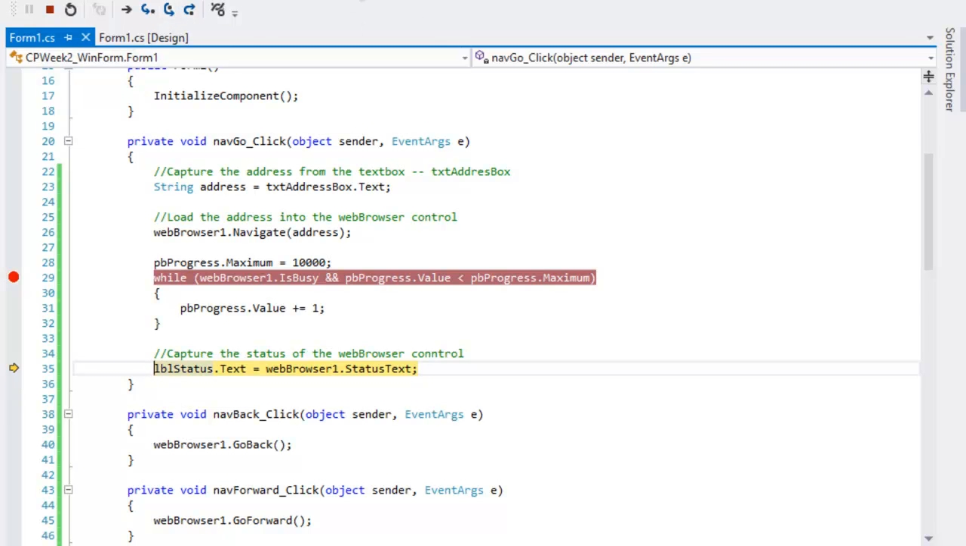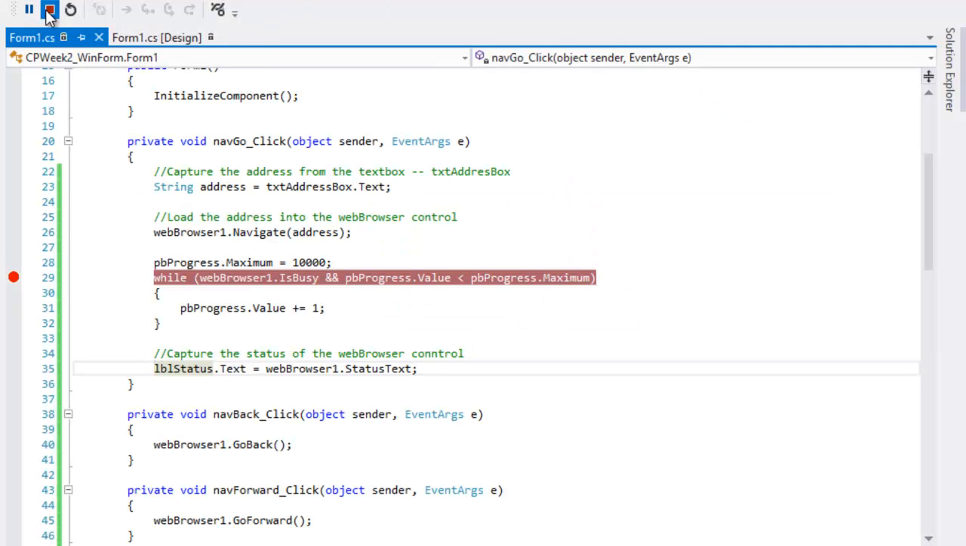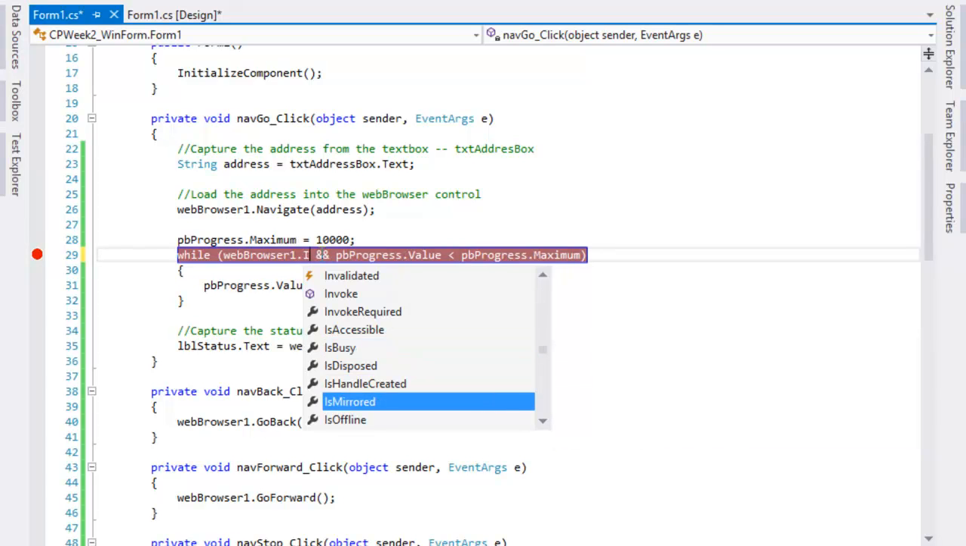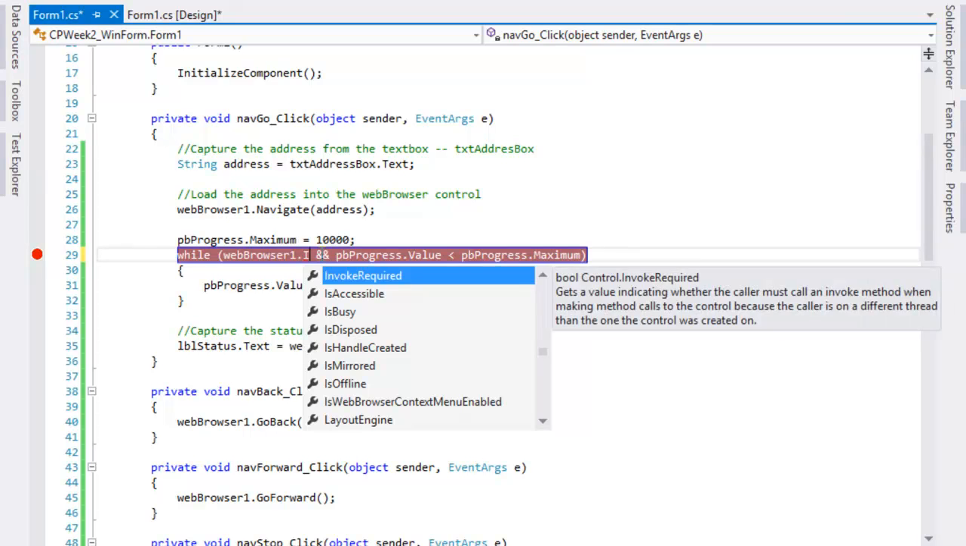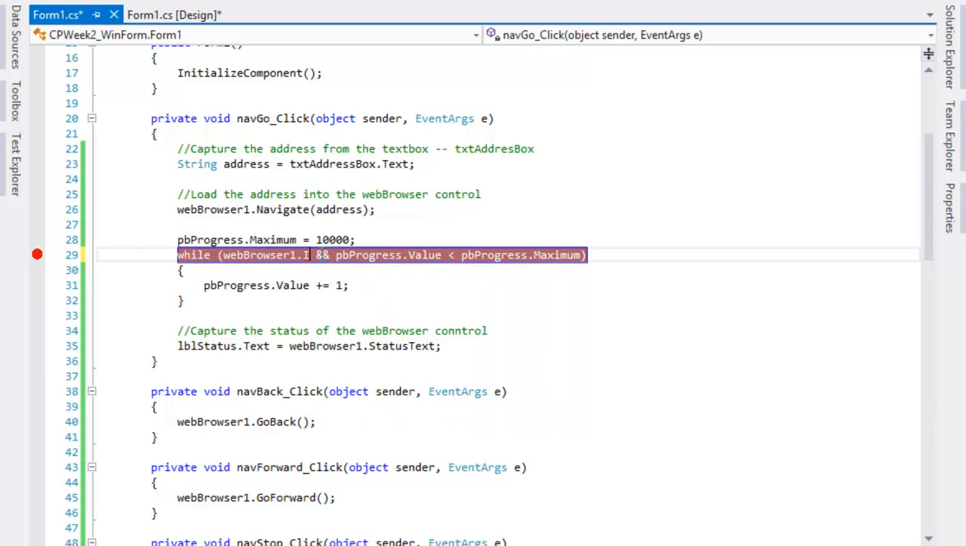So IsBusy is probably a bad property. There's got to be another option. But that's the only option we have. The other downside to using these loops inside of these event handlers